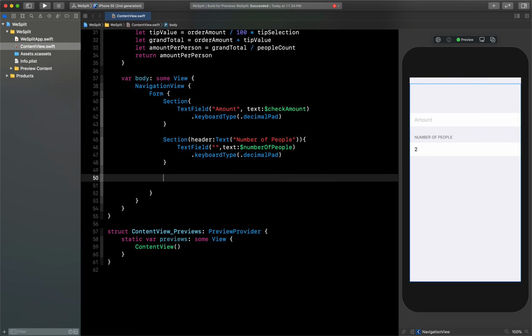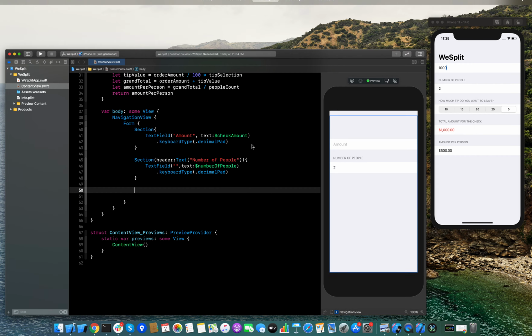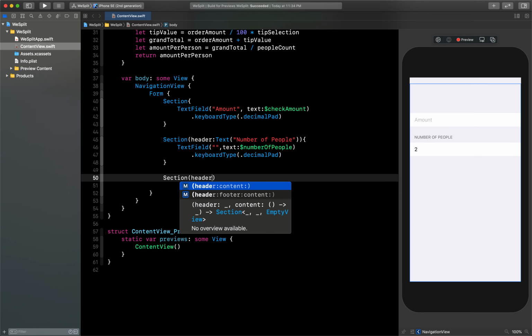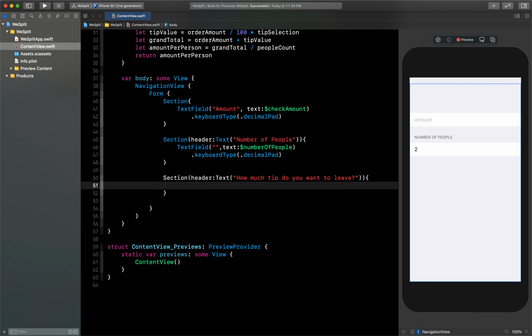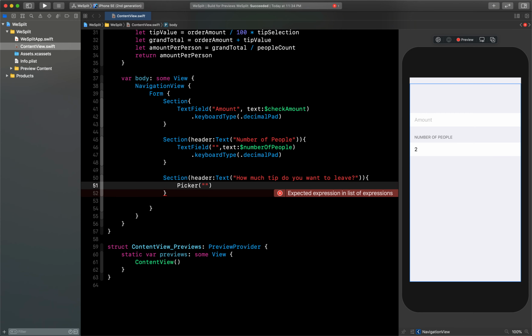Now let's create the third section, which is this picker view, and it has some header title, how much tip do you want to leave. So let's create that section with header. In header we have to pass the text as how much tip do you want to leave, and then inside this we need to create a picker to give the user different options. So we will say here tip selection,